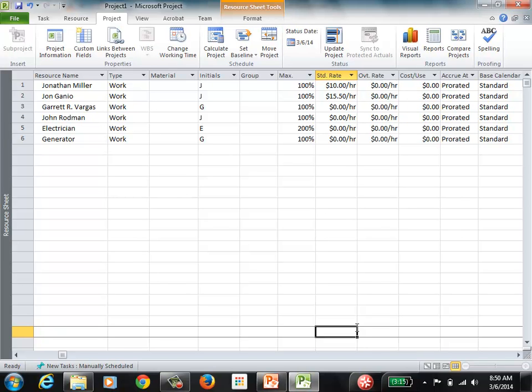So now let's move to one of the most important things that you're going to have to do with Project, which is to assign resources to the tasks that you're defining in your project. Okay, so you have several tasks defined already, and now we're going to assign some of those resources to each one of the tasks. So let's go back to